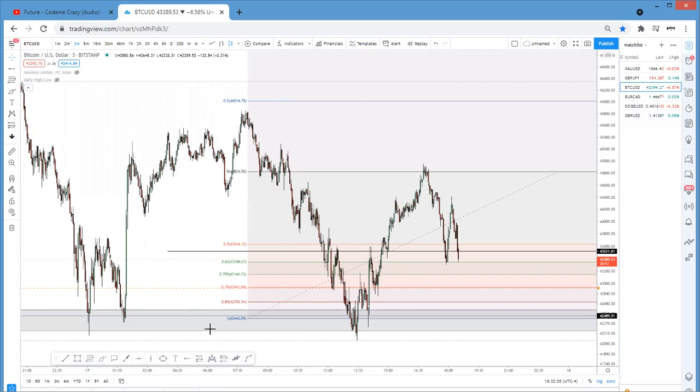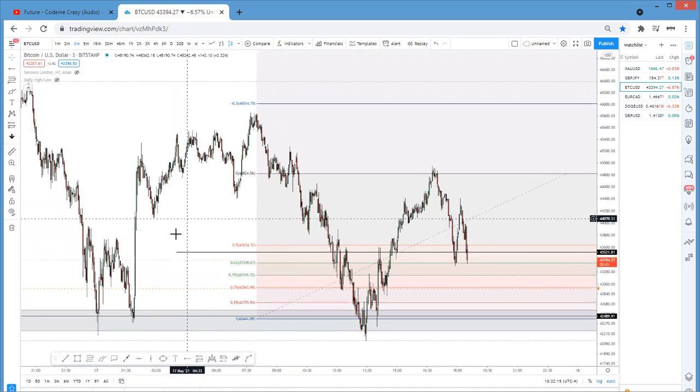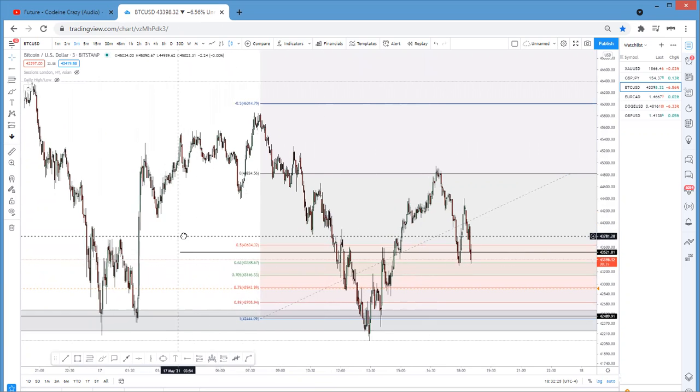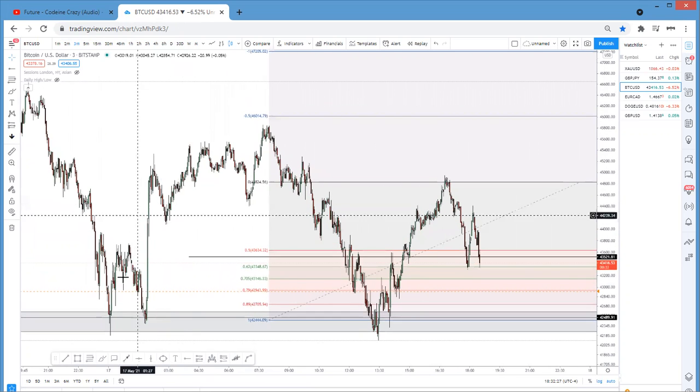Right now, we're looking at a Bitcoin long setup. Bitcoin long play, man. I'm looking at the 3 minute chart because I actually just scaled in my first position at this 0.62 Fib level. So even though I'm just looking at the 3 minute chart,